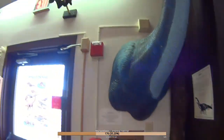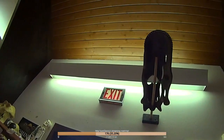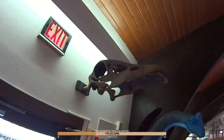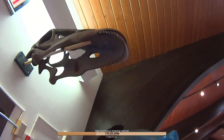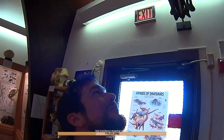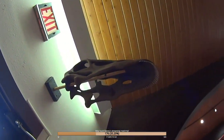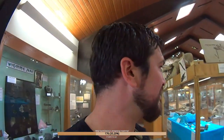Yeah. We've got a lovely apatosaur skull model up there. Pretty cool. You can see those simple peg-shaped teeth. This, of course, is a model. It's not a cast of the real thing. It's just to give you a basic idea of what it would look like. They've only got teeth at the front of the jaw. These animals did not chew. They swallowed their food whole. And, yeah, let's go ahead and mosey on over here and we'll take a look at...